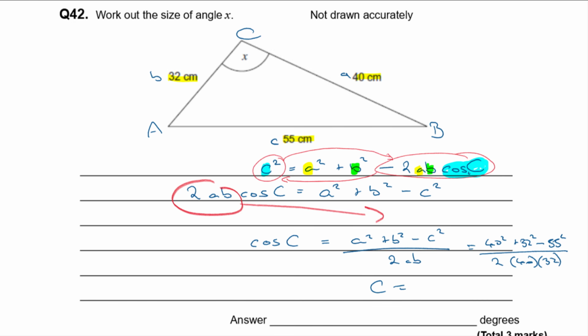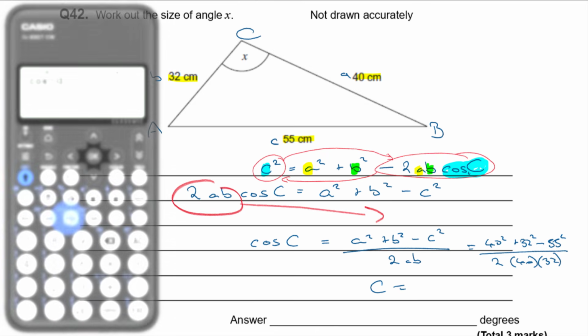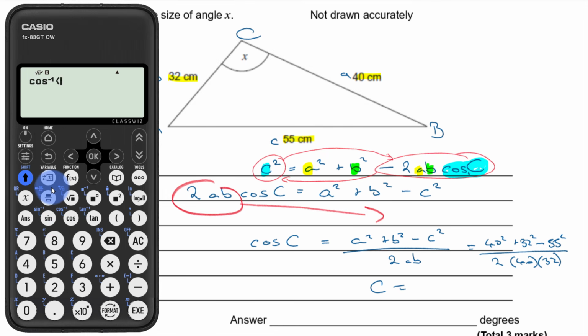So then c is equal to, again, it's going to be quite a thing to type into the calculator. I'm going to press shift cos, so I get the inverse cosine. I'm going to use the fraction key. On the top line, I'm going to do 40 squared plus 32 squared minus 55 squared, and come down to the bottom line, and I'm going to do 2 times 40 times 32. Not sure if it matters on this calculator if I close the bracket or not, but I'll do it anyway. And that comes out to be